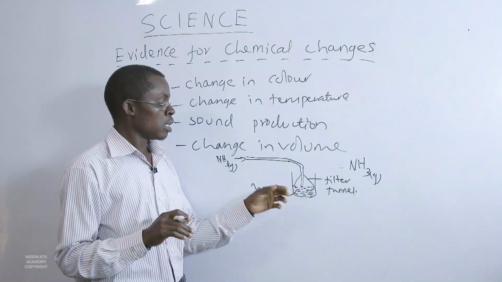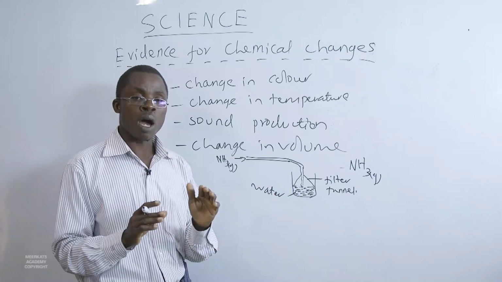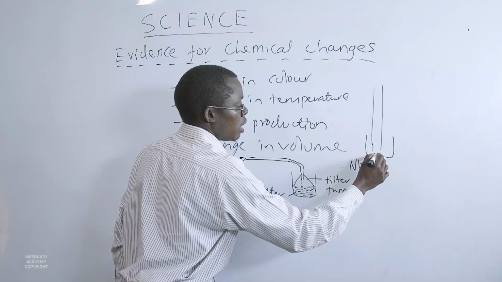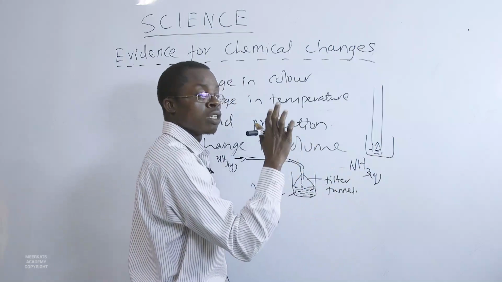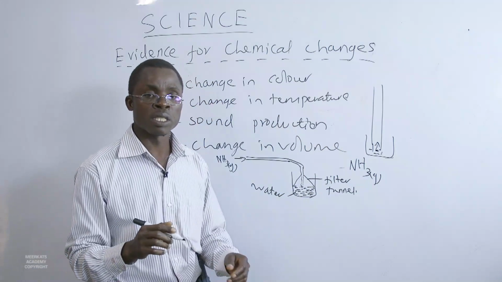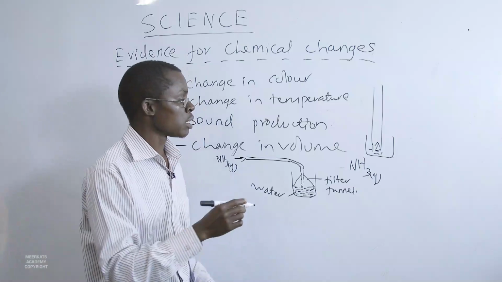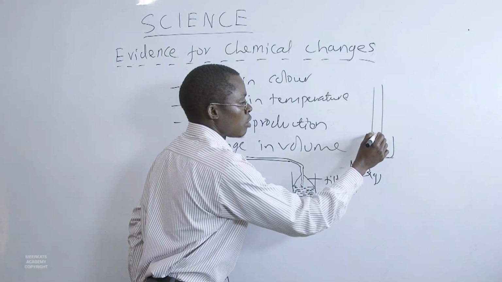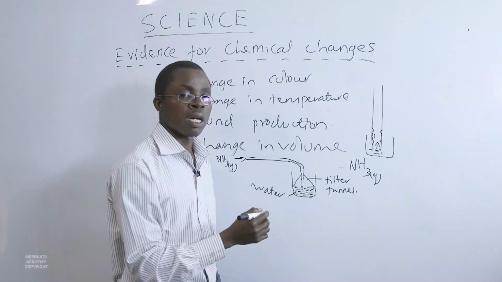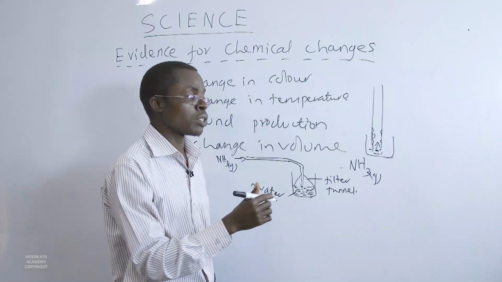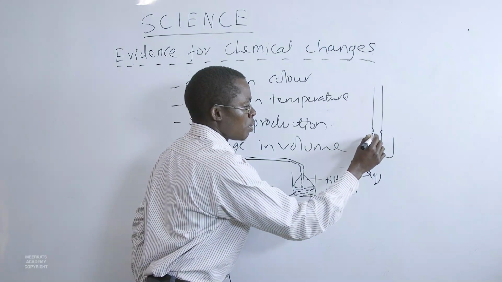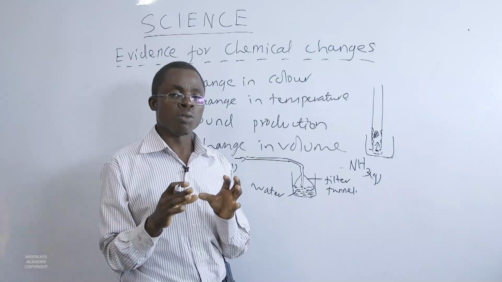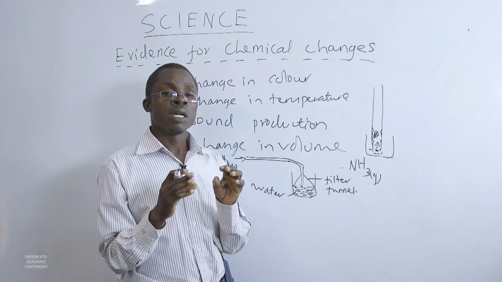Remember, there are two forces that make water move up a tube or a pipe. If you have a pipe dipped in water, for this water to move up here, you need two forces. We have what we call adhesive forces and cohesive forces. Adhesive forces are forces that make a particle or a substance get attached to the surface of a container. And we also have cohesive forces, that is the force that will make this particle want to attach to this one and also to this and this and this. So if you combine the two, they will make a liquid move up